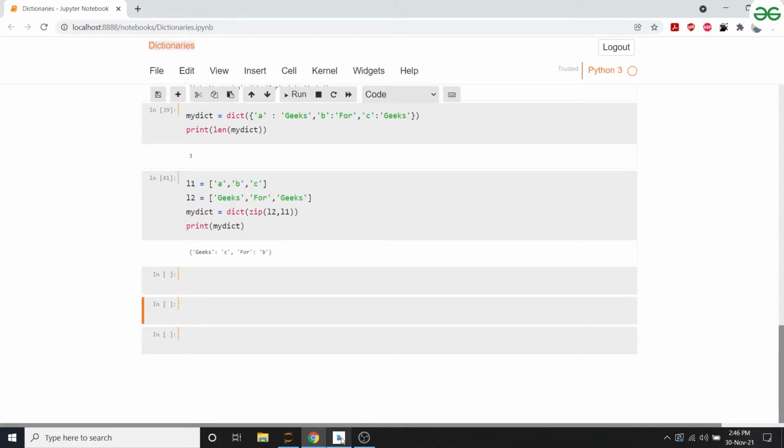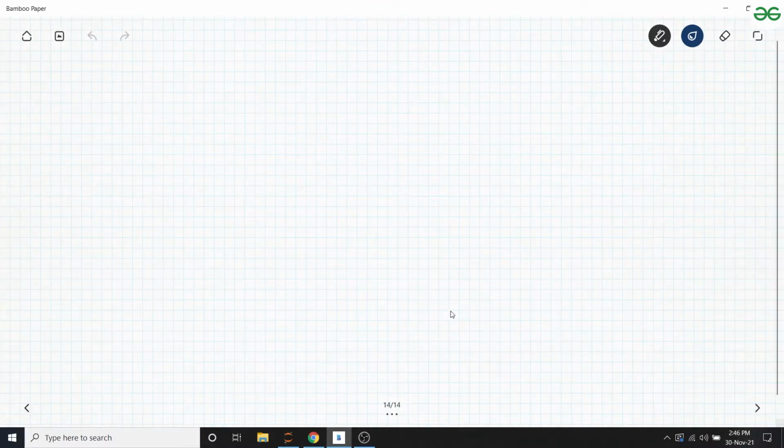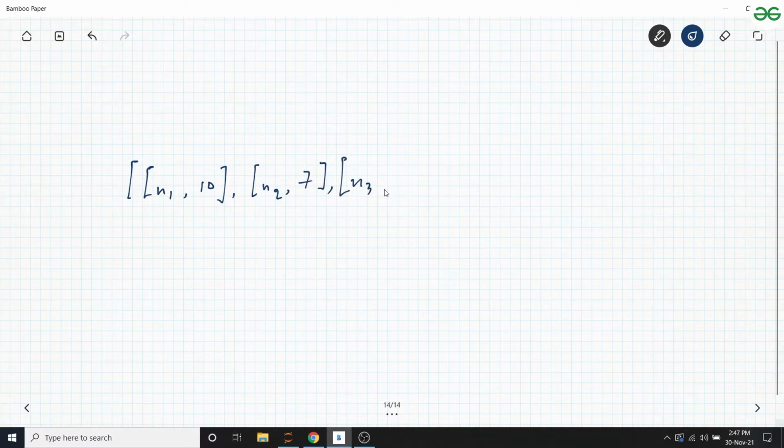Now let's take a problem statement. Assuming, similar to that dictionary, you have a nested list. So you have n1 here and let's say an integer here, and then n2 and n3, and that is, let's say, 14.